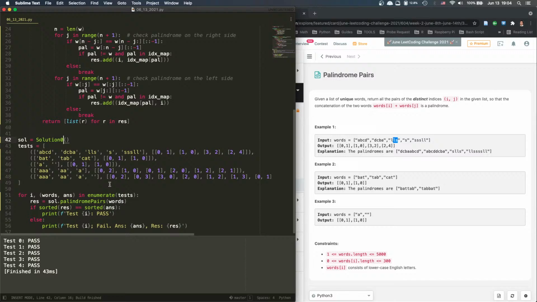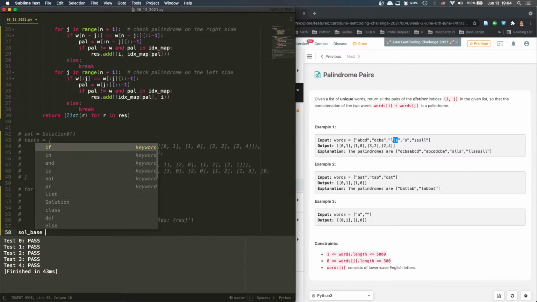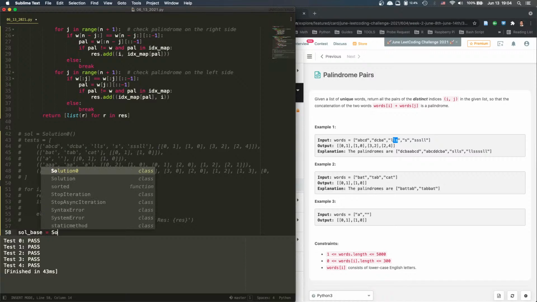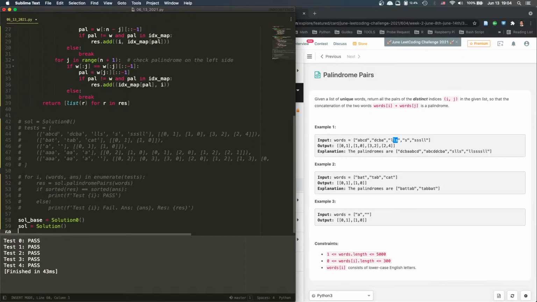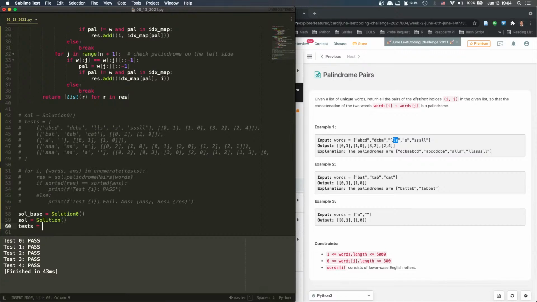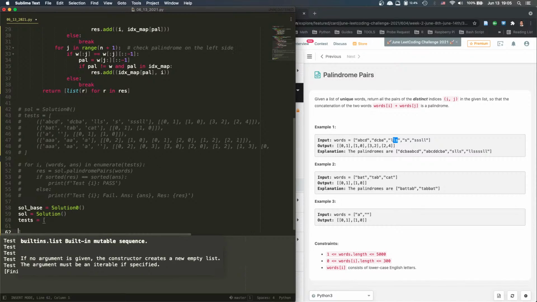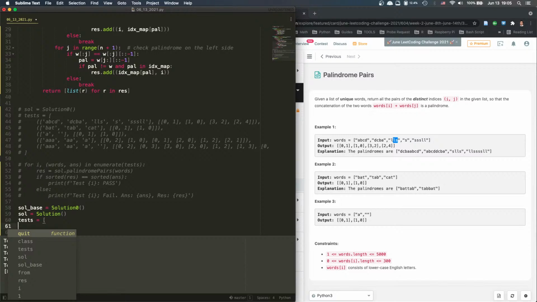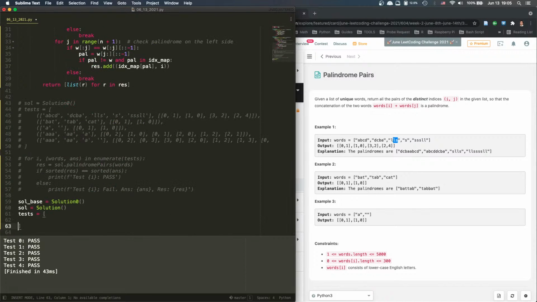Now is going to be the interesting part. So we're going to comment out this, right? What I'm going to do is solution base, for the baseline solution, and it'll be solution 0, and solution is going to be the current solution, and test case. Test is going to be equal to, so I'm going to randomly generate. So how do we randomly generate? We have to say from random import randint, right? So tests is going to be